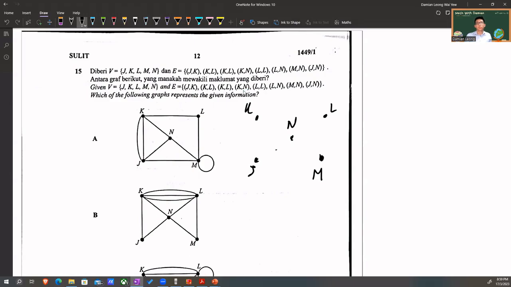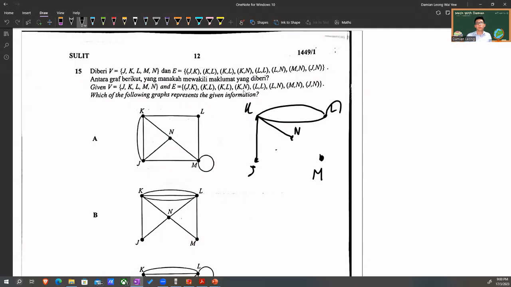If I just follow J, K, K, L, there's 2 KL. KL, KL. So this is a multiple edge. KN,